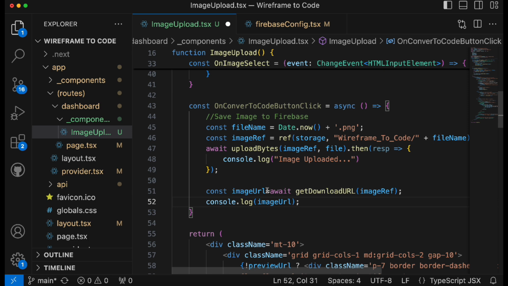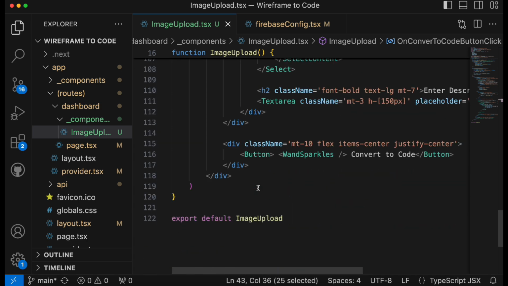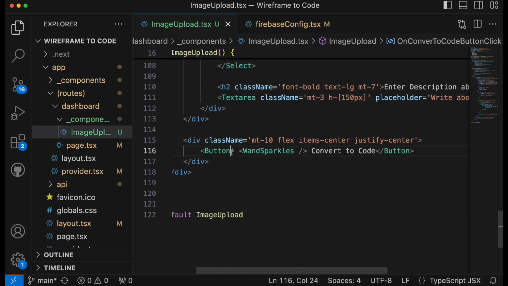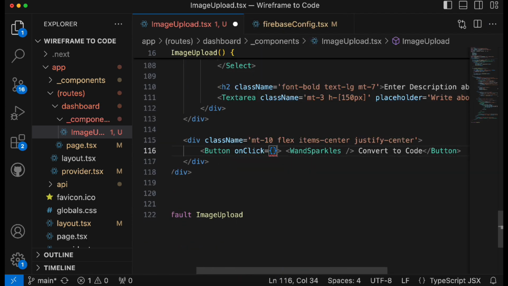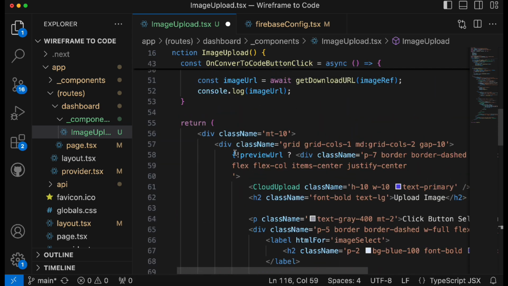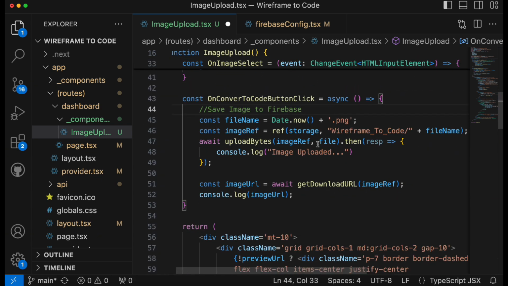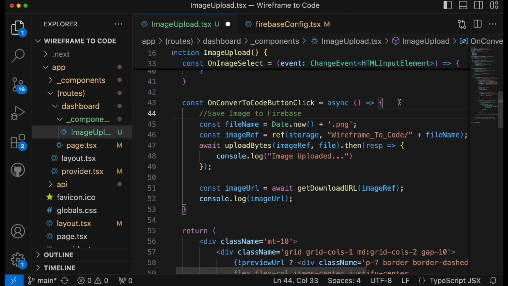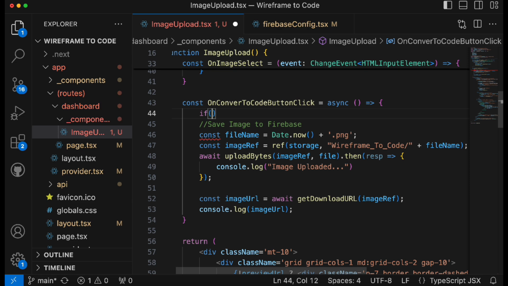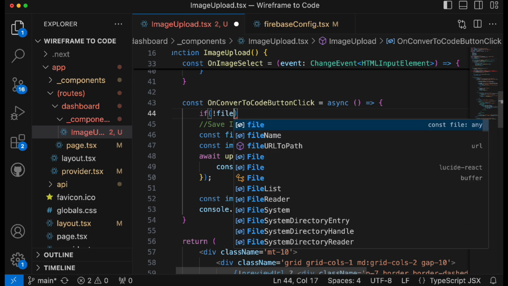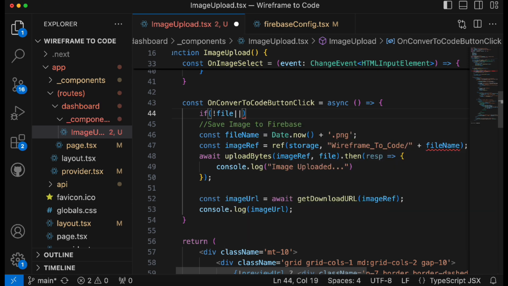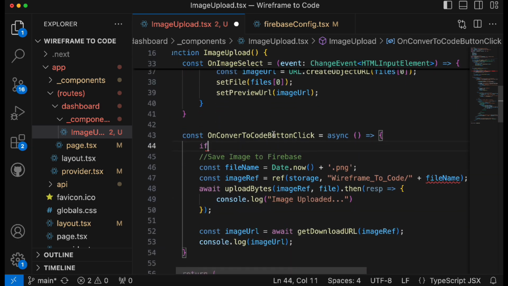Now let's save this one and let's test this out. Obviously make sure to call this method when user clicks on the convert to code button. Now a couple of things before moving forward. Here first thing we need to check that user selected the file. Second thing, user has the input selected. So here I'm going to add a condition if not a file or, and let me undo this one,